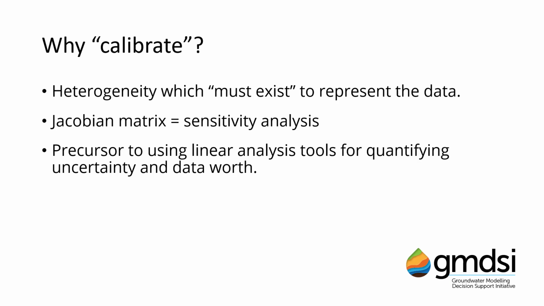Secondly, this calibrated parameter set will usually be obtained using a derivative-based method, as we just talked about. This opens the opportunity to apply a suite of linear analysis tools which can analyze the flow of information from data to parameters and predictions. These can provide relatively cheap but quite powerful tools to assess uncertainty, as well as to explore things such as data worth of potential as yet unavailable new data, and can be quite a powerful tool to help design, to prioritize what new data to collect to reduce the uncertainty of some model prediction. Again, we'll discuss these tools more in the second lecture.